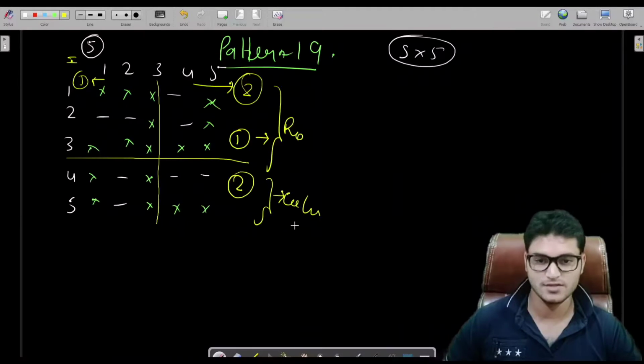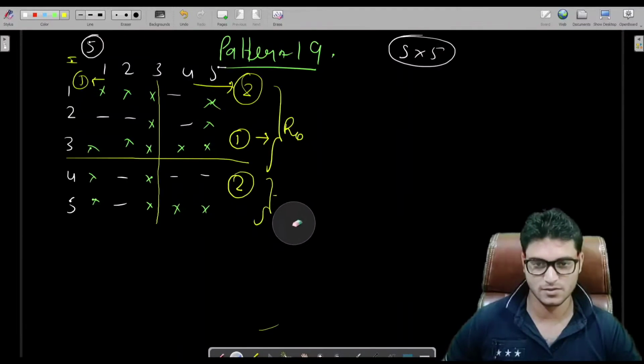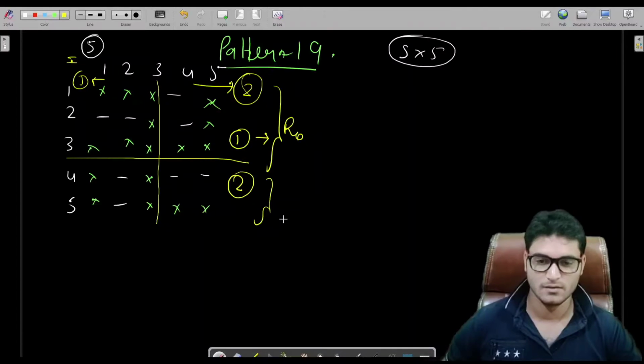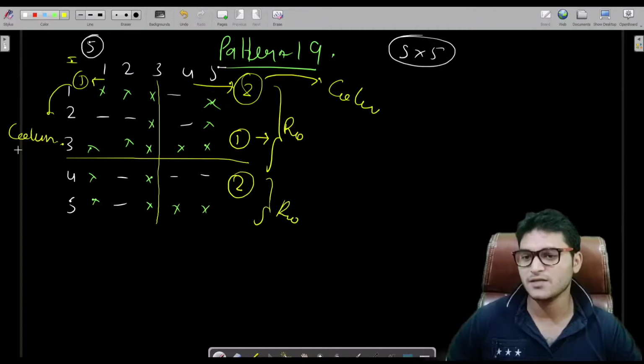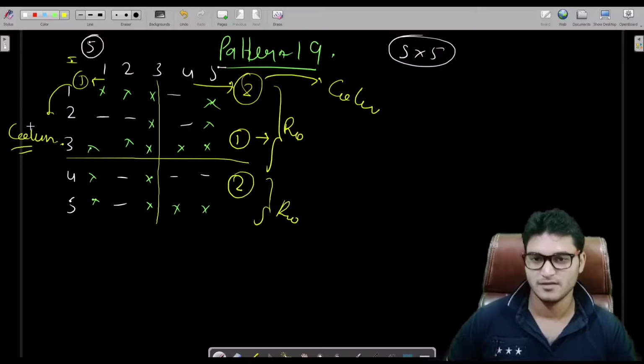Sorry, this is also row, this is not column. This is row, and this is column halves. I am explaining this way because this approach is very feasible and easy.